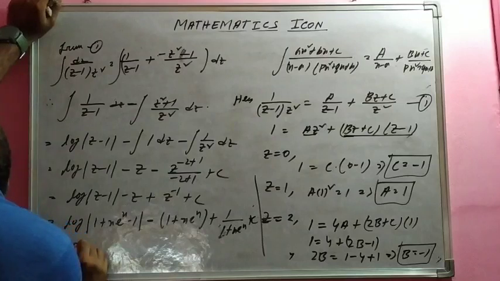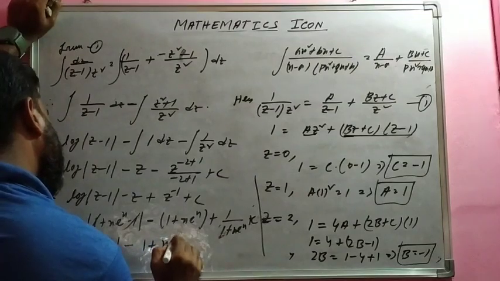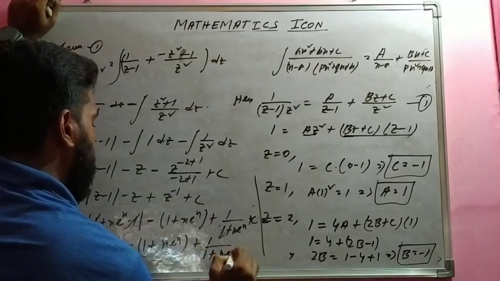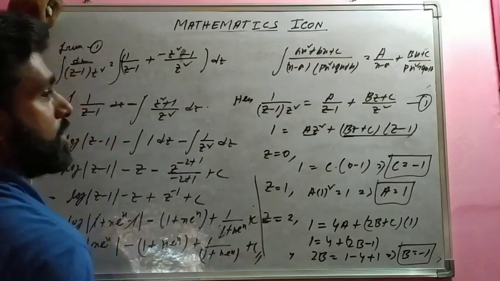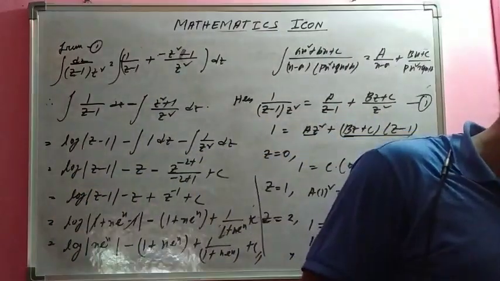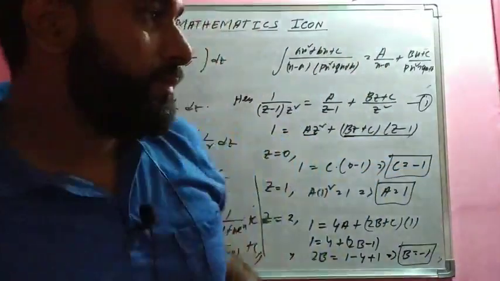So here log 1 cancel, x to the power x minus 1 plus x to the power x plus 1 by x to the power x plus c. So this is the final answer. Okay? Now